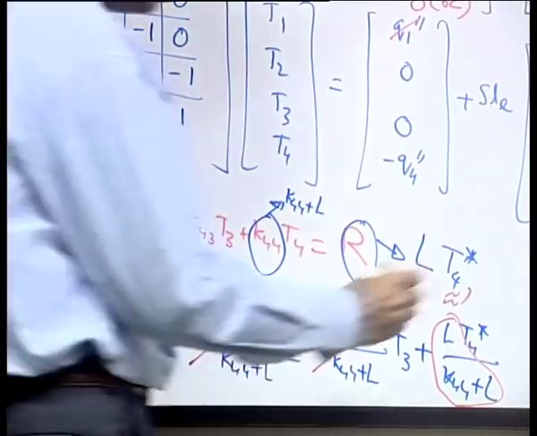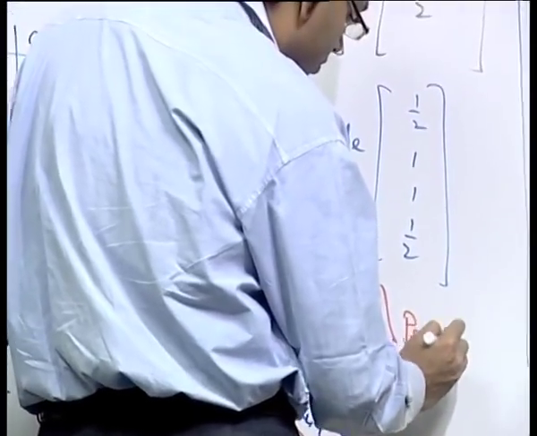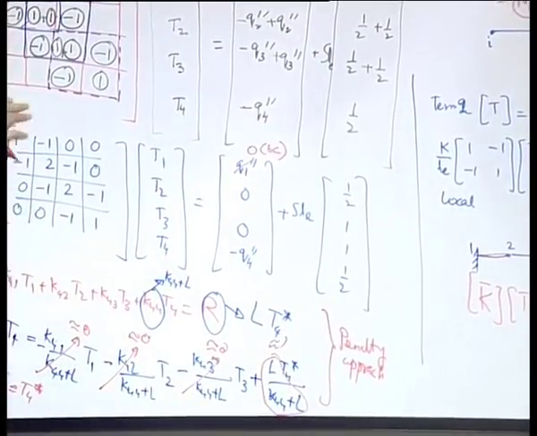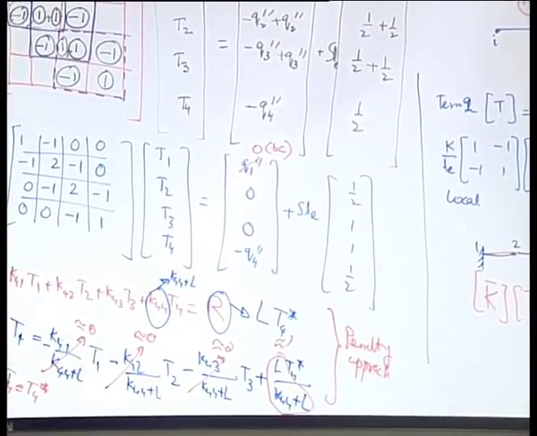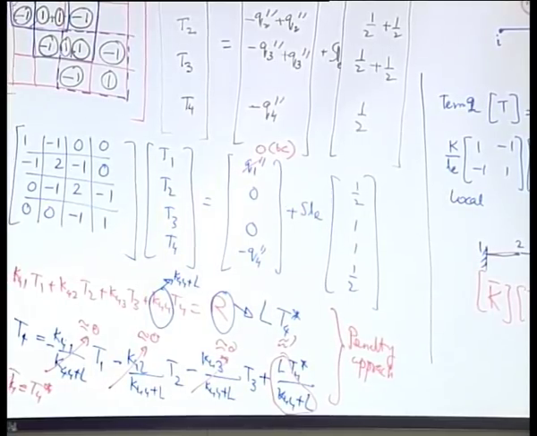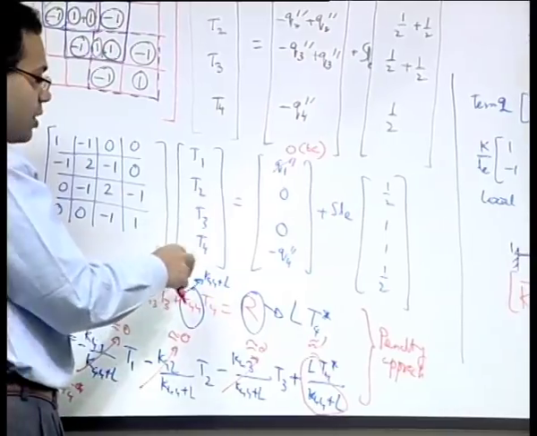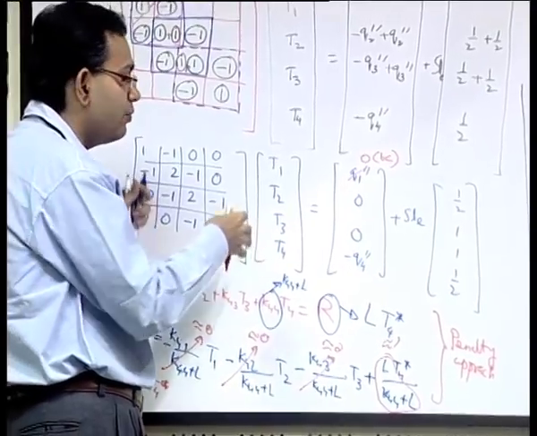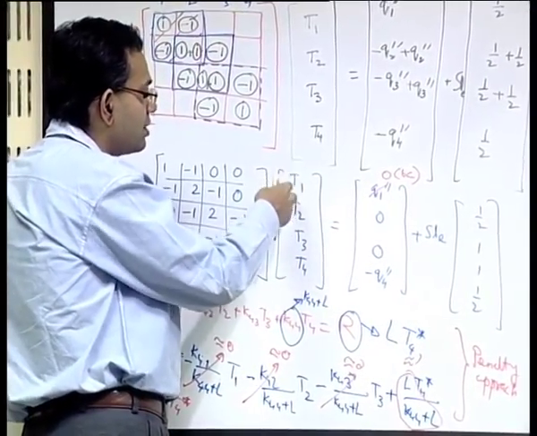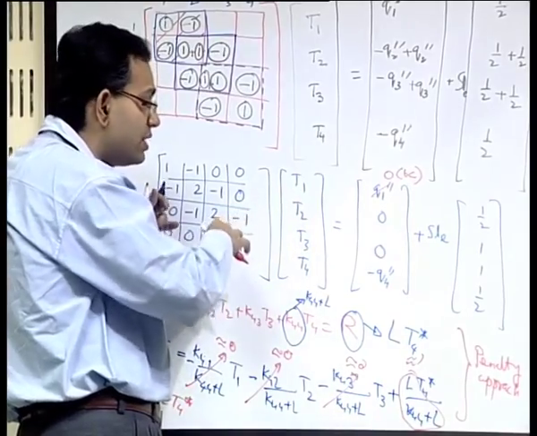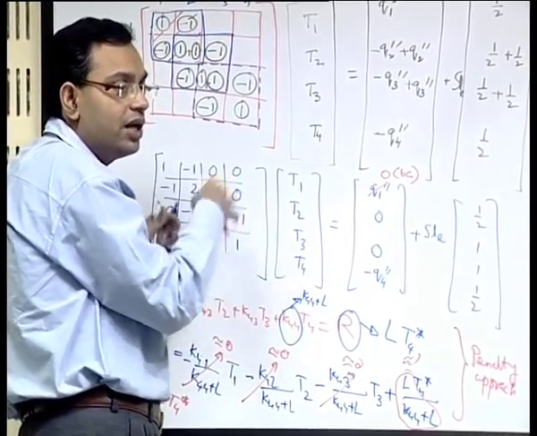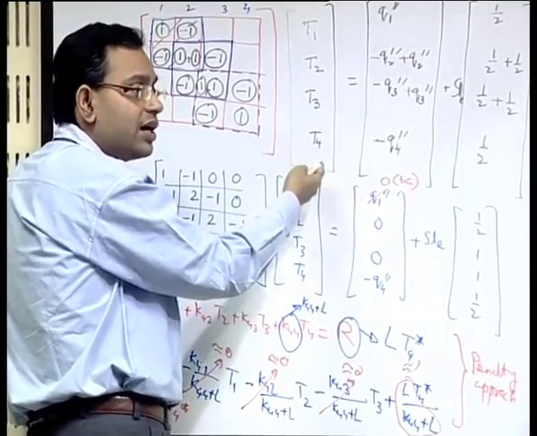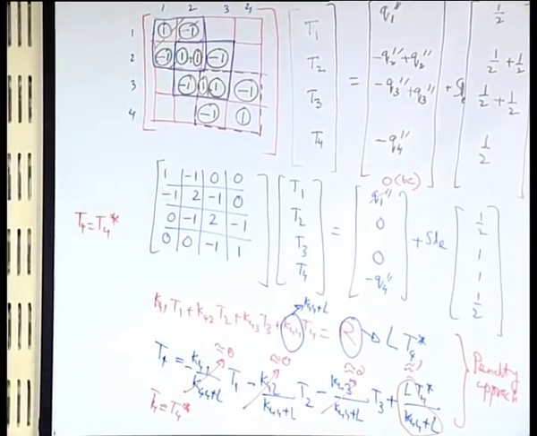This approach is known as the penalty approach. That is, wherever a value is given, still if you want to solve it from the system of algebraic equations, then what is the approach that you could follow. Of course, if you are doing it manually, you can get rid of the problem by not solving that equation itself. But if you are doing it through a computer program, then maybe some other point temperature is also specified. So you need to jumble up the system of equations and manipulate manually, which you can avoid by making it structured in a way that you can apply it no matter at which point temperature is specified and at which point it is not.